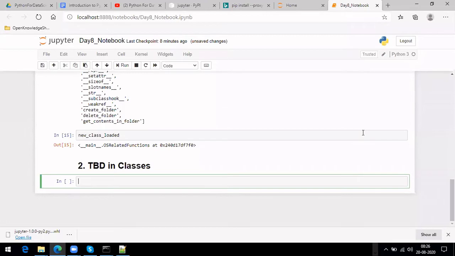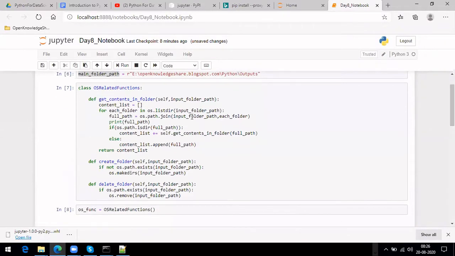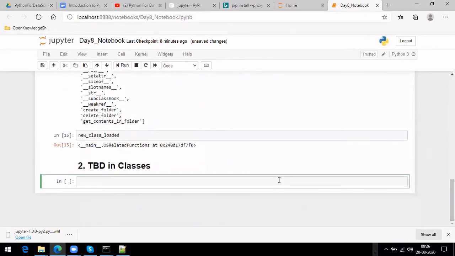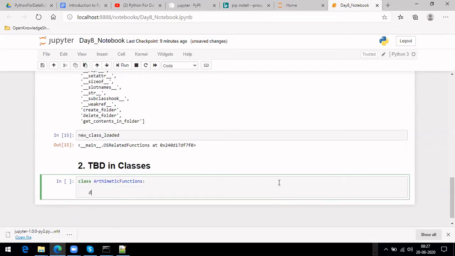Earlier we used the class with just three functions, right? So let's try something else. A new class, maybe a simple arithmetic function. In a class we can also have an init method. Init is one of its methods.